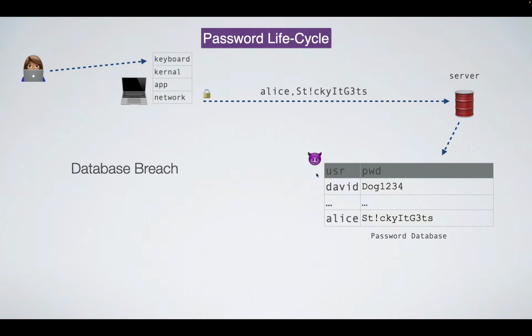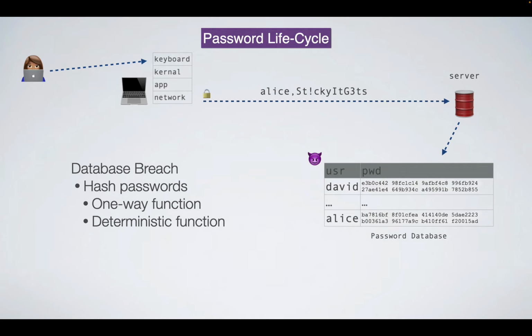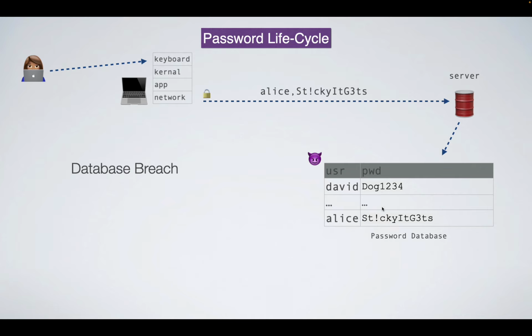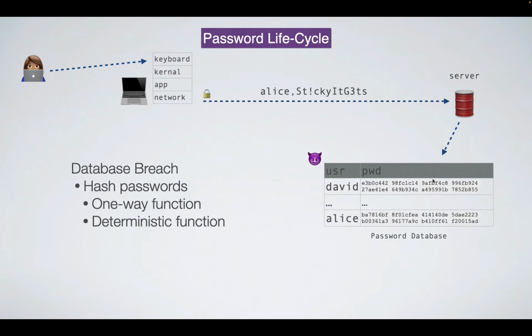And then the last thing is you could dump the database if you can breach the server. Now, there's a few things we can do about the last one. One thing we can do is, instead of storing everyone's passwords in plain text, we could use a tool from cryptography called a hash function. A hash function is kind of like a one-way mapping. It turns an input into a random-looking output. You can't go backwards. Once you have the output, you can't go back to what the input was. But if you have the same input, it will always give you the same output, okay?